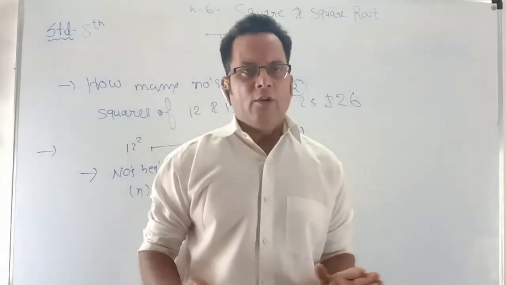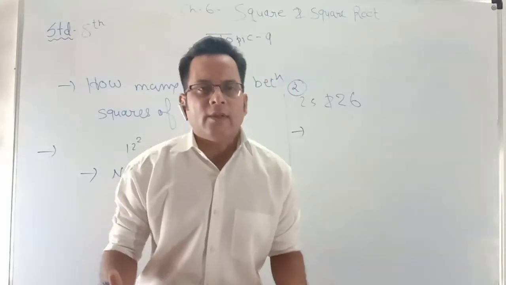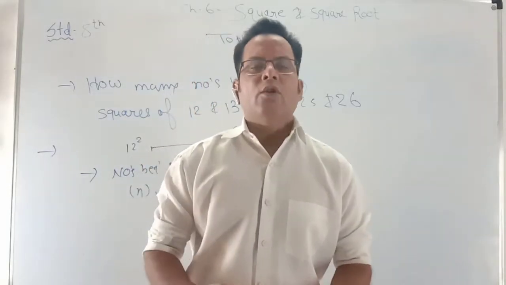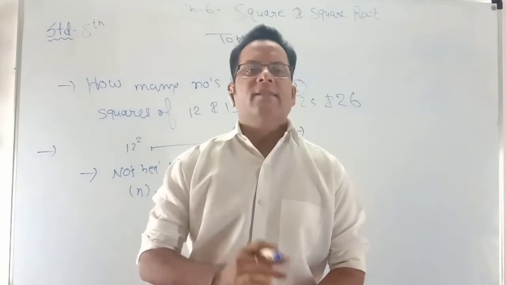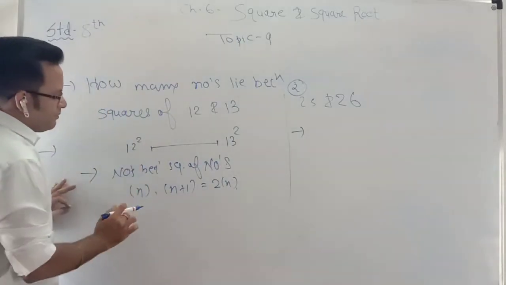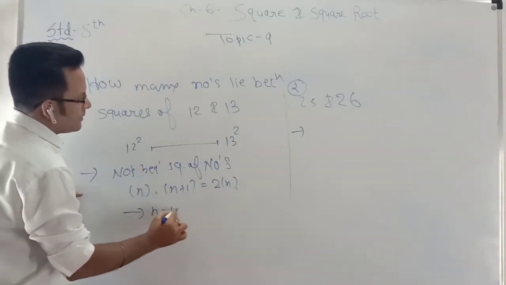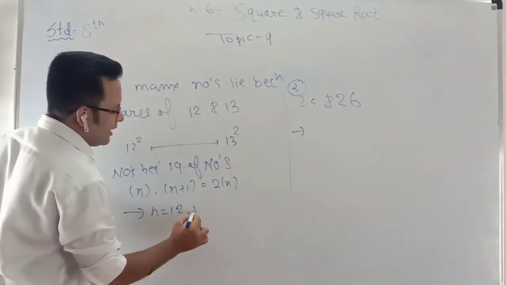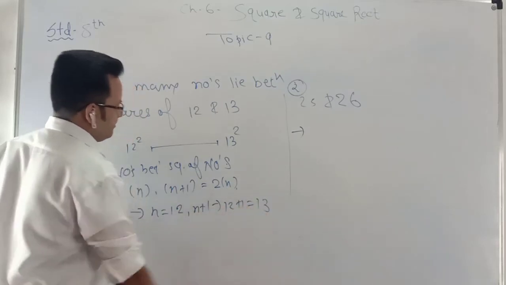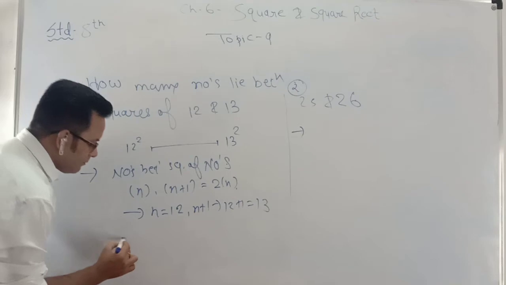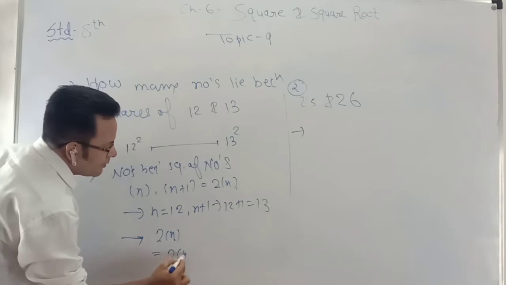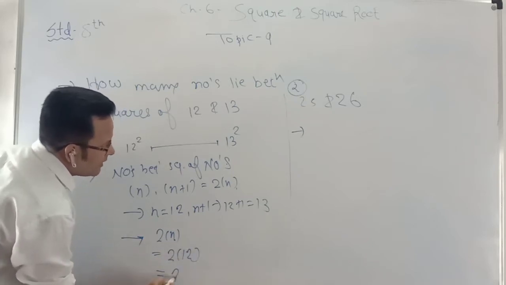Here also, like how we did without adding, find the sum, in that we went for assumption. Here also you have to assume your first number as n, then you have to multiply it with 2. Because see, suppose here n is 12, and n plus 1 means 12 plus 1 means 13. So 2n. Now what is your n? That is 12. So 12 2s are 24.